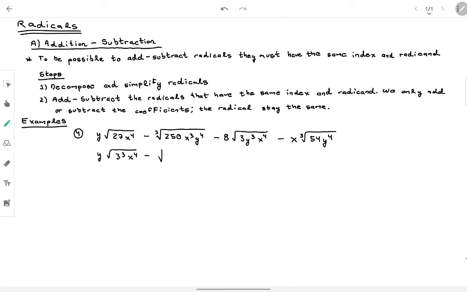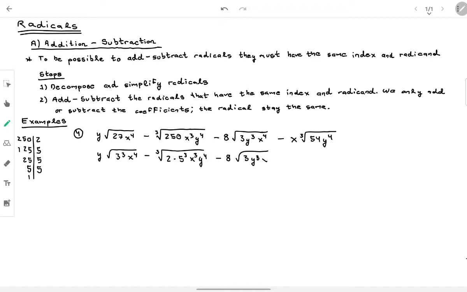The second one, the 250, we can decompose it. 2, it's 125. 5, it's 25. 5, it's 5. 5, it's 1. So this one is going to be 2 that multiplies 5 cubed, x cubed, y to the 4, minus 8 that multiplies